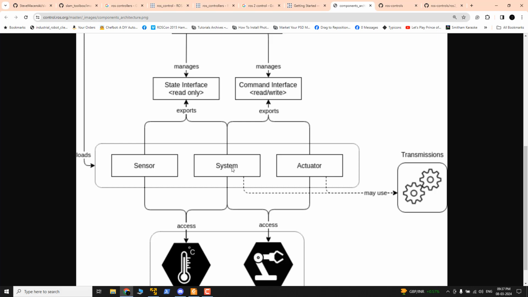Okay, and maybe you can add a sensor to it as well. Maybe when we discuss the example, we will get the exact idea. I can show you what are the